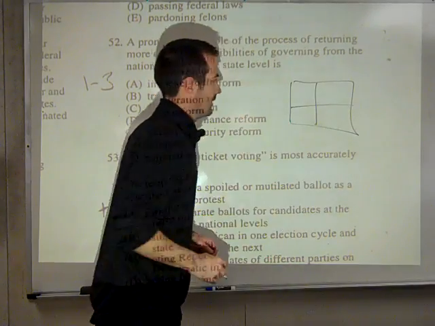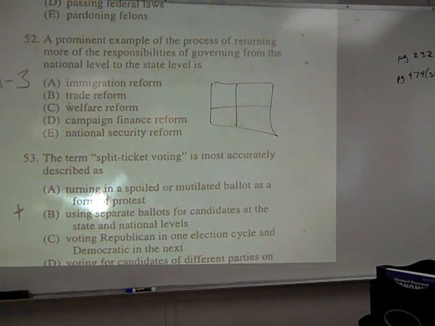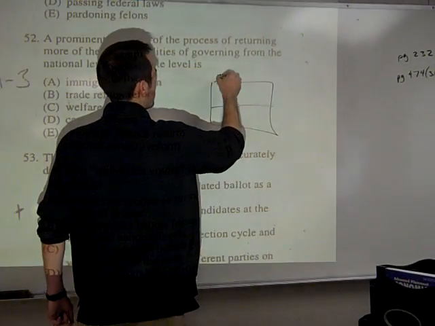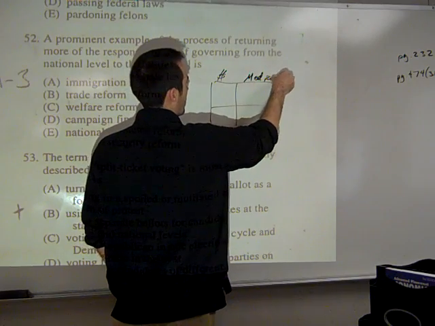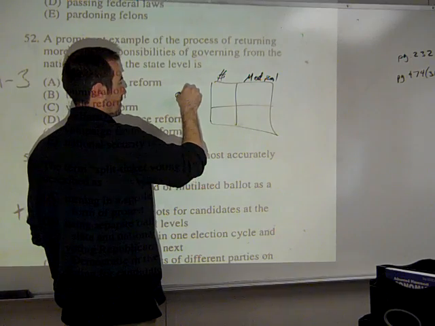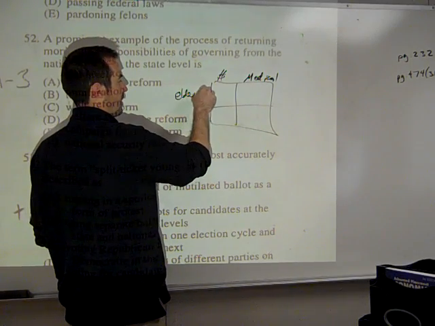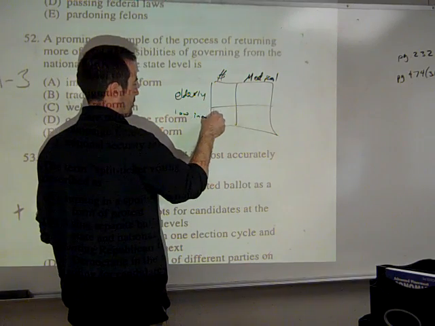Draw my quick grid. 4 main entitlement programs you should know. 2 of them are just money, and 2 of them are for medical bills. 2 of them are for the elderly, and then 2 of them are for low-income people. So what do we call